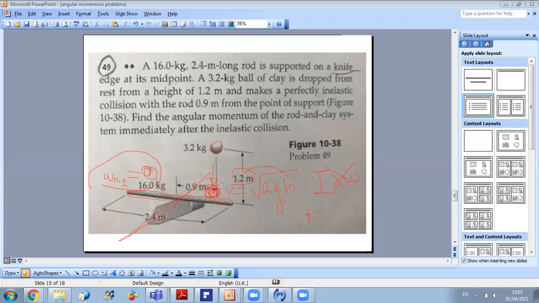What is the angular momentum of the ball just before collision? It's a particle. كيف بنجيب ال angular momentum of a particle with respect to an axis؟ m by v times by what؟ vr. mvr. What is r here؟ انتوا حتبرموا about which axis يا شباب؟ السنتر تبع الرود. هيدا الاكسس، اللي بيمرق بالسنتر تبع الرود. قد ايه الديستنس بين السنتر تبع الرود والبارتيكل؟